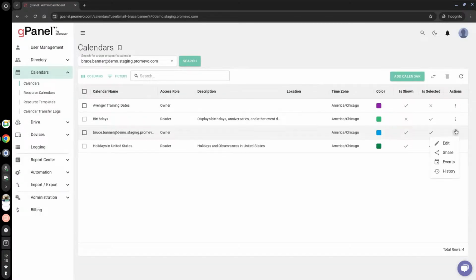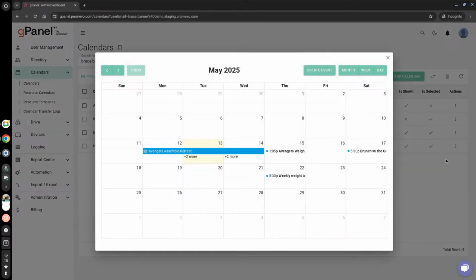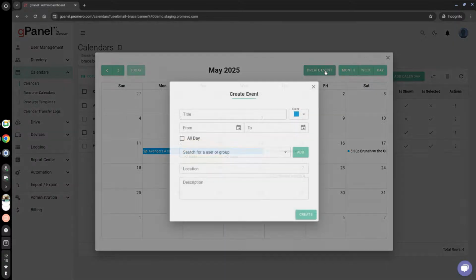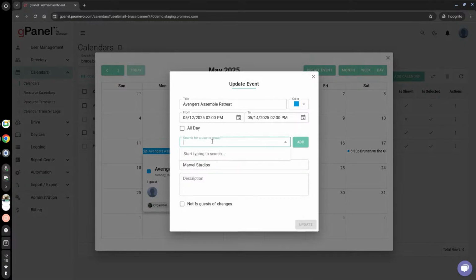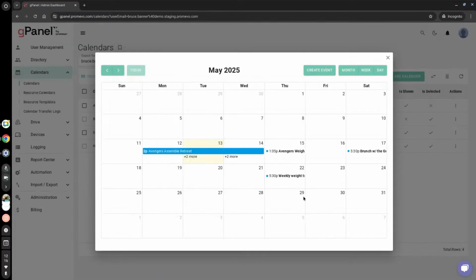Administrators are also able to come in and create events. Not only are you going to be able to create events on the calendar, but you can also edit existing events. Maybe you need to add another user or a group. You're going to be able to do that. If you needed to change the day from today to tomorrow, you can do that. You're also going to be able to create recurring events, which is something that, again, you cannot do within